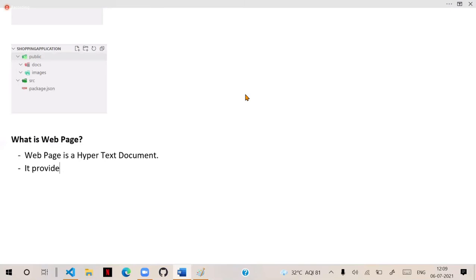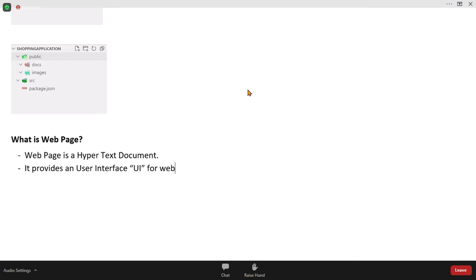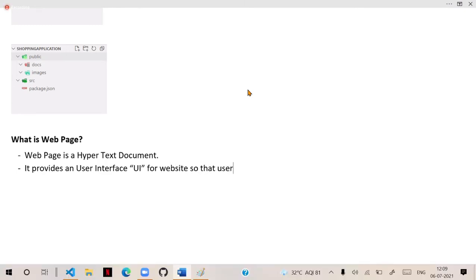It provides a user interface, UI, for a website, so that users can interact with the resources in the website.